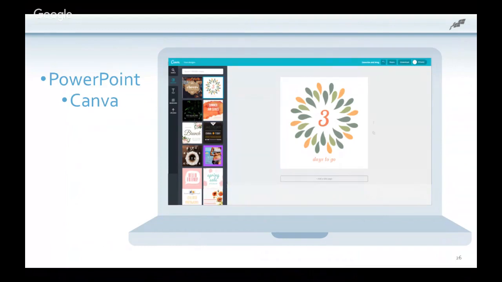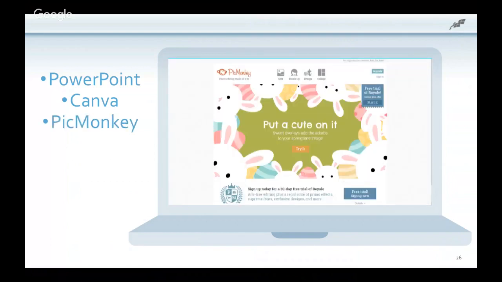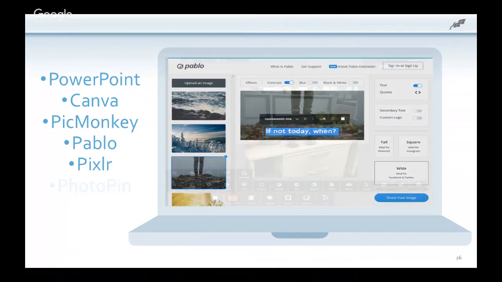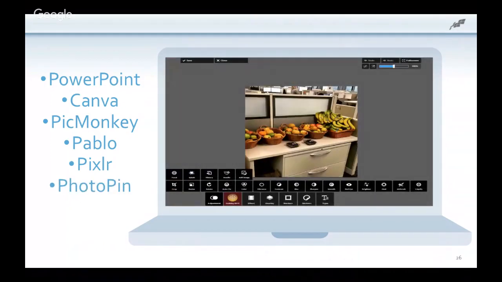Canva is a brilliant and free tool that you can use for this as well, where you can just do imagery, add text to that imagery, and Canva allows you to get a lot of free images. There's also some really neat stuff that you can do for, maybe $1 or something, to buy higher quality imagery. Tools like PicMonkey, Pablo, Pixlr are all fantastic for this as well. And if you're looking for a great place to find imagery, period, using PhotoPin is currently my favorite tool for finding great imagery that's not copyrighted.